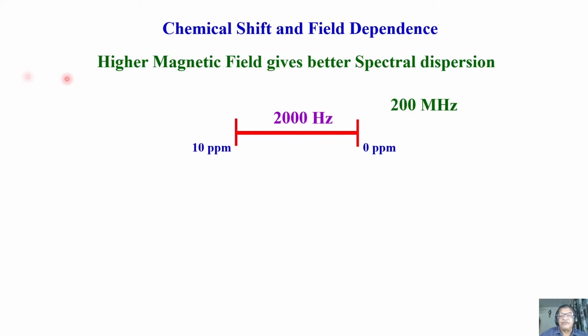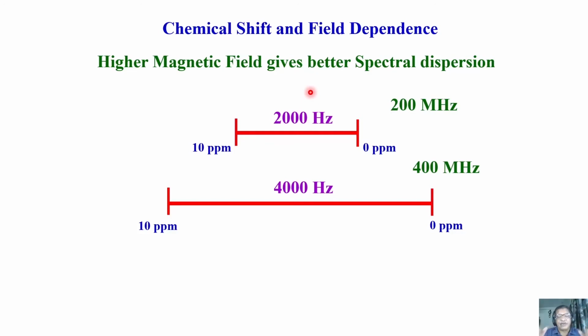When you multiply by the frequency, don't take into account 10 to the power of 6. Simply take the number given for the resonating frequency, discarding the 10 to the power of 6 term. Take only 10 into 200, it is 2000 hertz. That's what I was telling you in the last couple of slides.